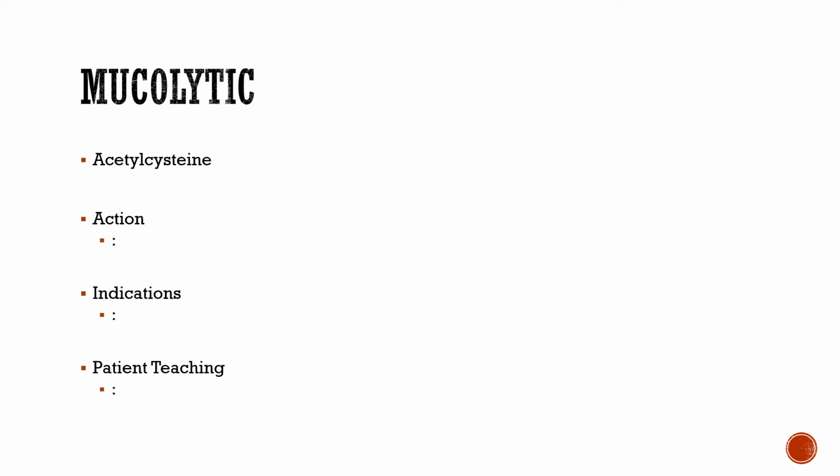Like people with pneumonia or COPD and they're really having a tough time. Sometimes we'll give them acetylcysteine. When we're using it for that purpose, it's usually inhaled. It's a nebulized medication. There's another indication, and we give this one either PO or IV, and that's because it treats acetaminophen overdose. So this is the medicine I was telling you about. We've got to get to them